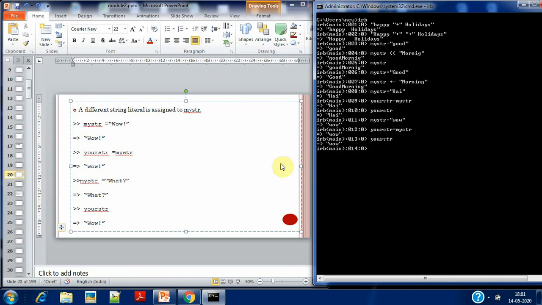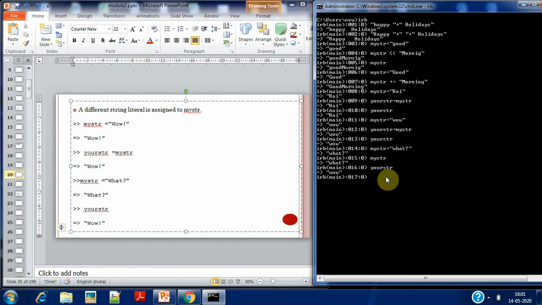Now if a different string literal is assigned to my str, we will assign a new string to my str as what. So now in my str you have what, but in your str you will have wow only.